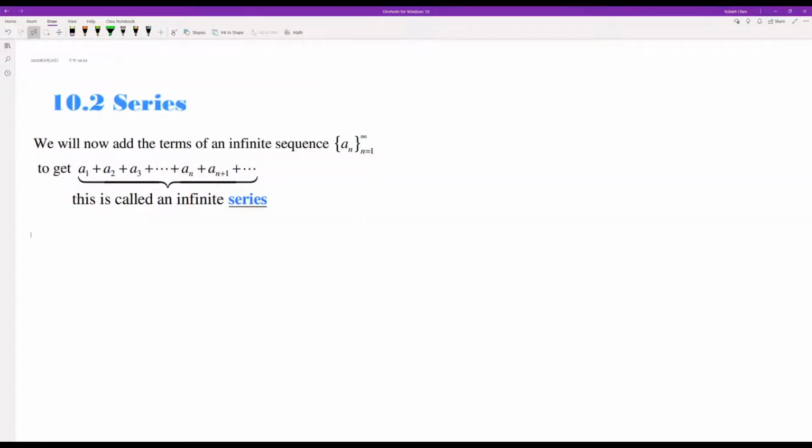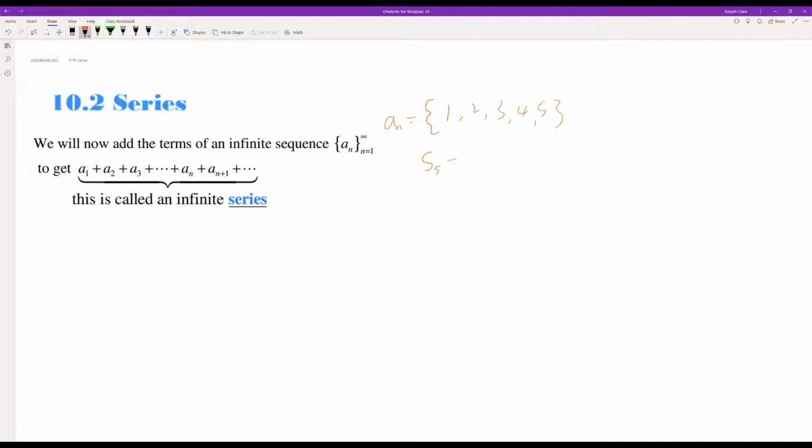All right, so let's look at 10.2 series. So series is very much like sequence. A sequence is a list of numbers, and when you add them all together, that becomes a series, right? So I'll give you a quick example. Let's say I have 1, 2, 3, 4, 5, a finite sequence, and the series would just be the sum of those 5 elements,